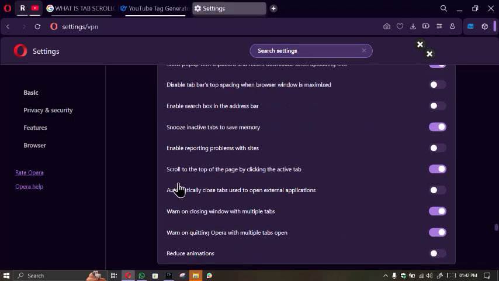You see the option for... here it is. Scroll to the top of the page by clicking the active tab, so it's enabled. Now you have it. So now if you don't want to enable this feature, you can simply turn it off. It's a simple